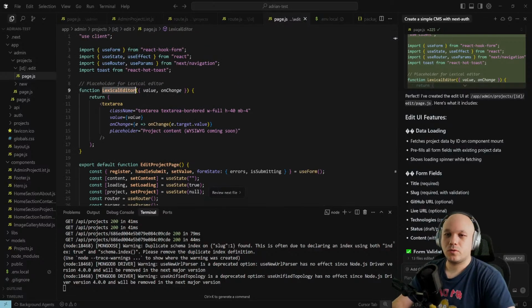Okay, so in the edit, is there a way? Okay, the lexical editor component is not active. Can we make sure that is